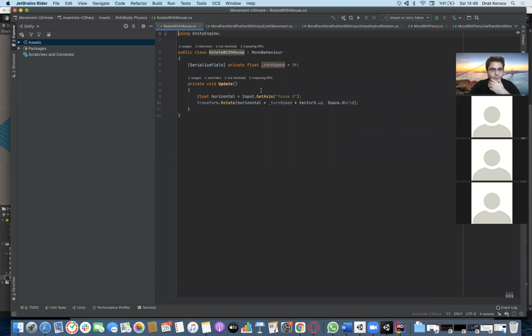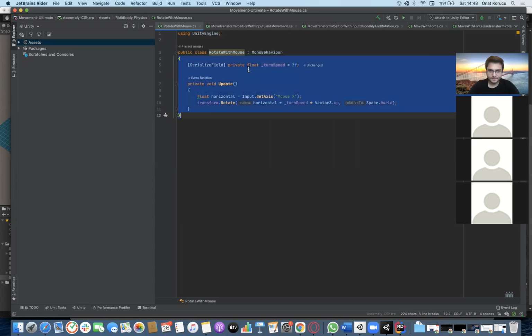Okay, great. So now we are using turn speed again to adjust it from the editor. And inside each update, I'm getting my mouse position's x-axis,